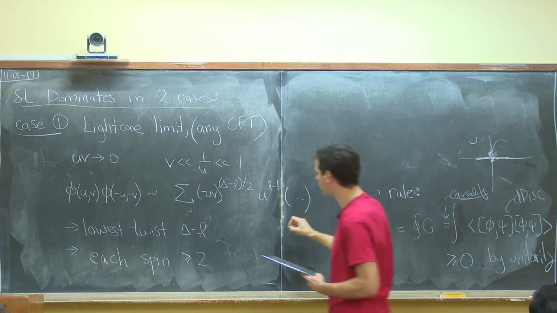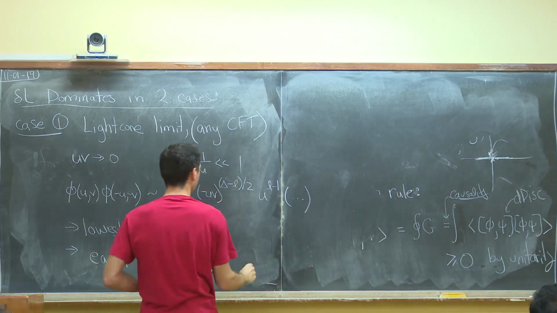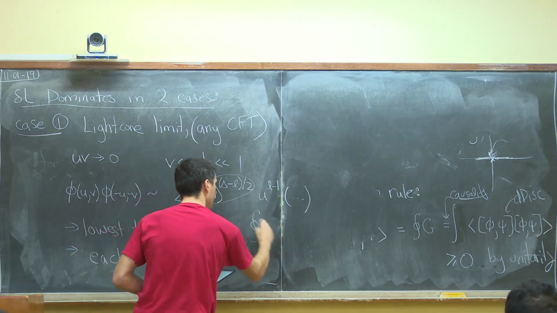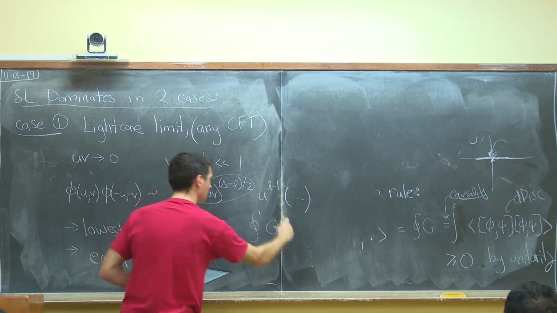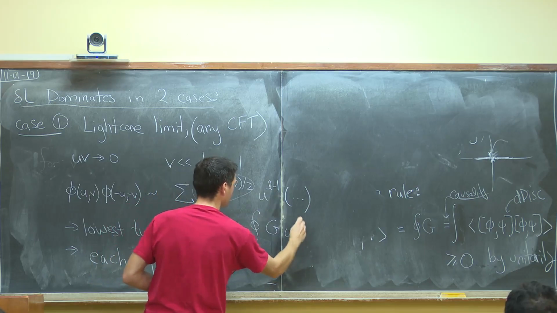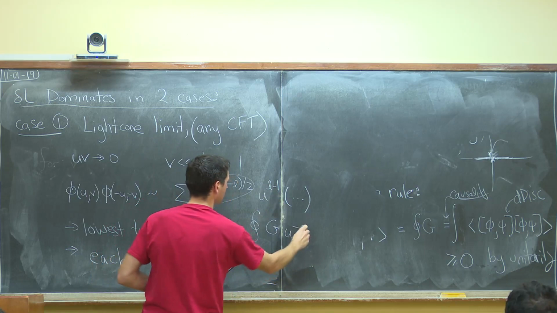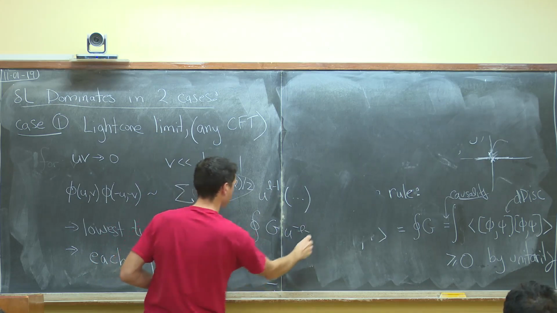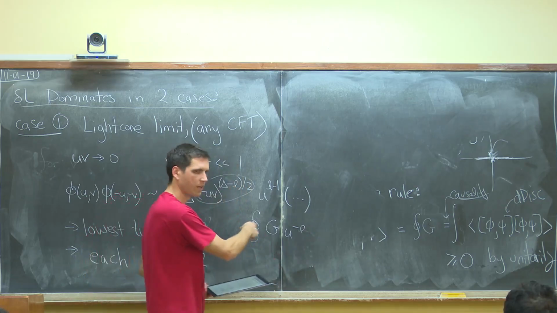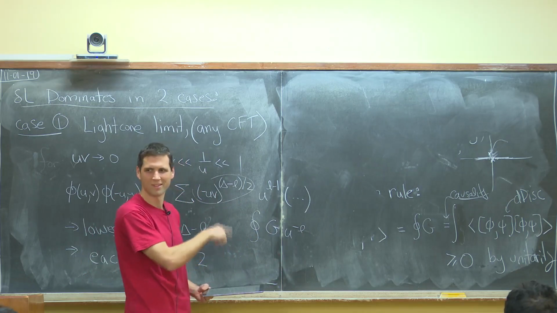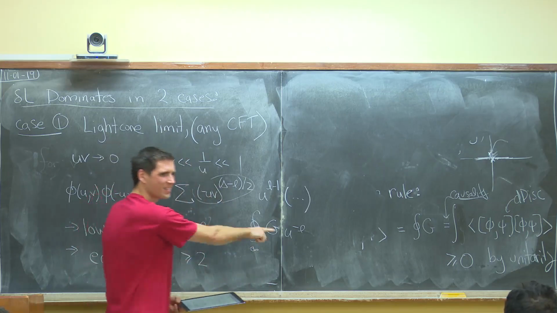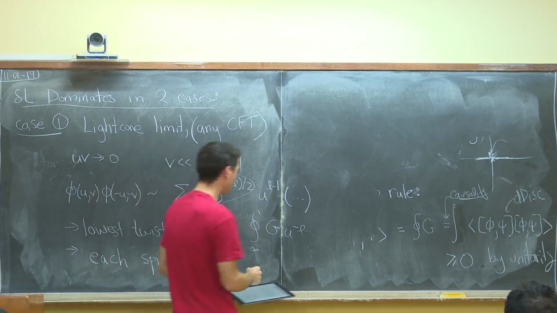The reason it's spin greater than 2 is because if you want to pick off this term, then the way you do it is you fix this piece, and then you do a contour integral of g times u to the minus L minus whatever power we need here to make sense of this. Well, it's really at around infinity, so that's why I'm confused about it. So it's a contour integral around infinity of this, and